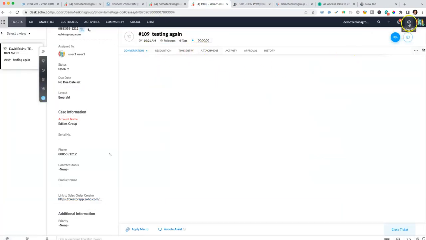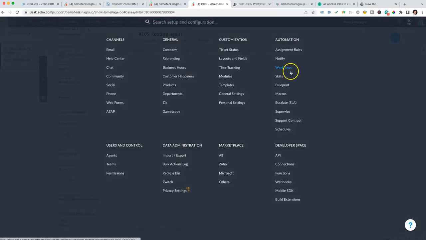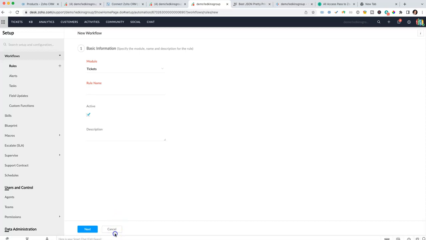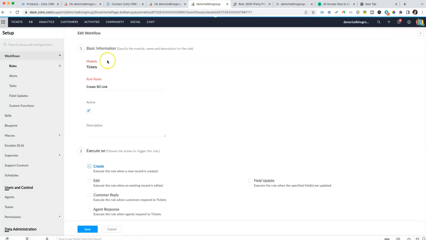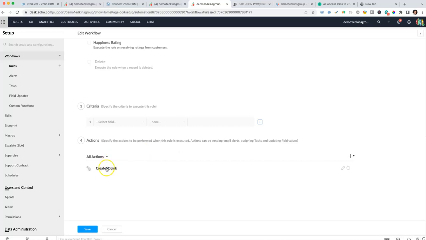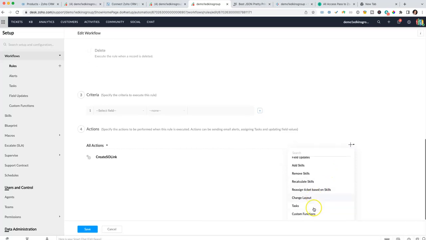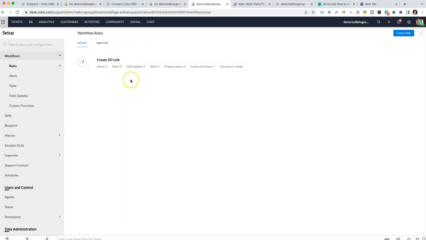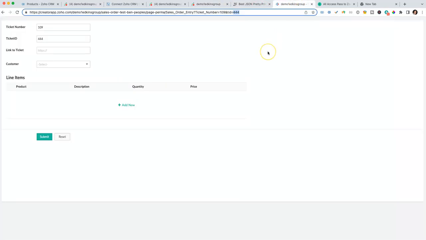But it was the workflow, right? I want to show you that. So let's go back since I have the workflow in place, but I didn't show you where that comes in. Is we created a rule. I think I did show this a little earlier. The rule name. And again, because we created the actual function, you could have created it from here, or again, if you go down to custom functions, you could create a new one or get an existing one, and we've already grabbed this and associated with it. Okay, so that's workflow rules pointing to a custom function. Let's go back over into Creator,